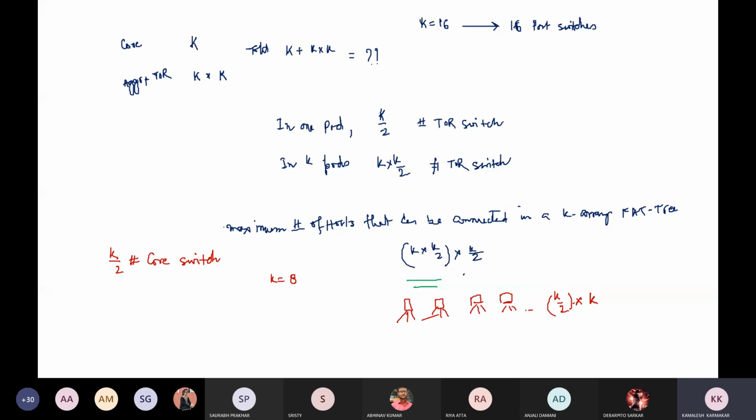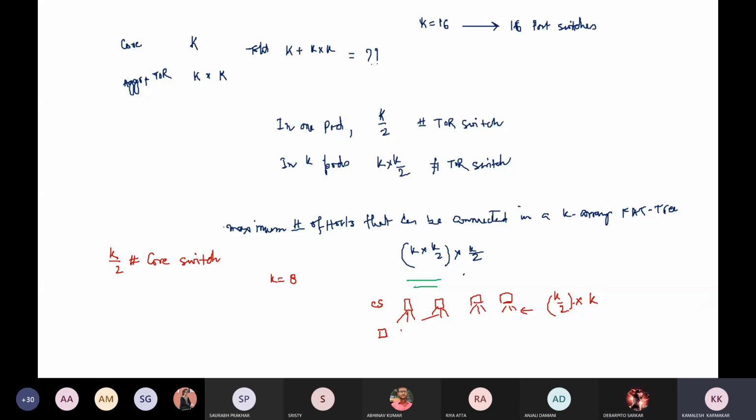This is the number of downward links. If this is the core switch layer, the number of downward links is k by 2 multiplied by k, because every switch has k number of ports and the number of switches is k by 2. Any doubt here? No, sir. Understood.